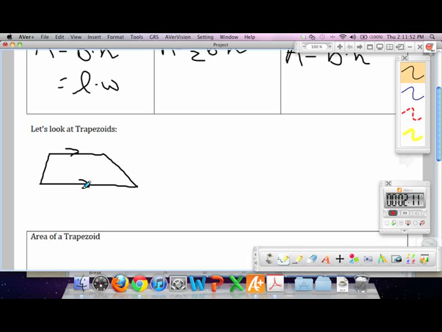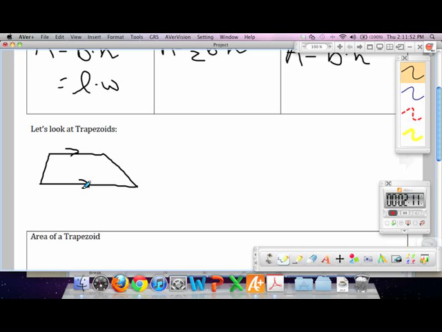What's the length of the base of this new parallelogram? B1 plus B2. This chunk was B1, and now I've moved it down here. This chunk is B2 and I moved up here. So now the base of this new parallelogram that I've made